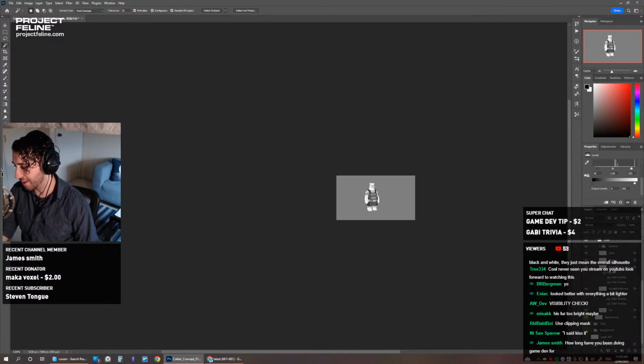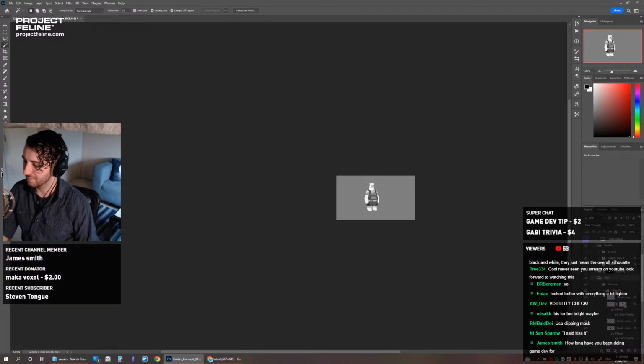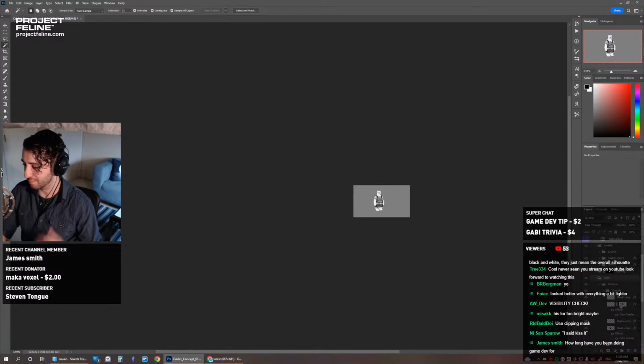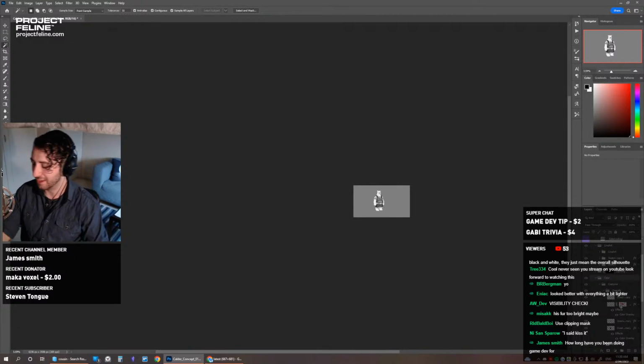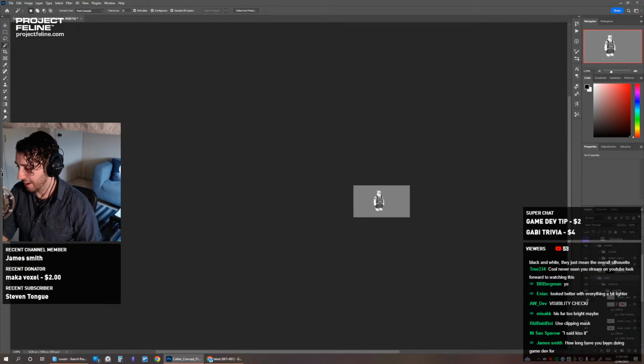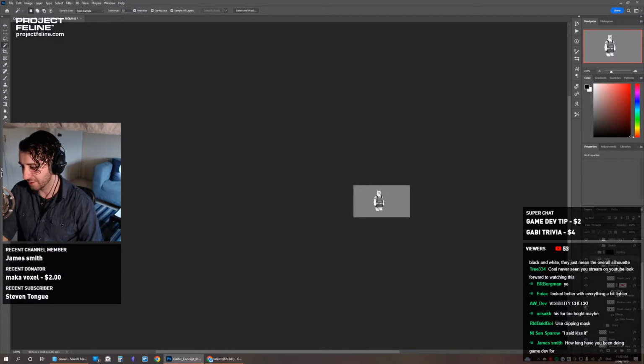Or if I made those straps... If I turn that mask back on for the straps... Yeah, it's a bit harder to make out the shoulders. But if you turn those on, it's bolder, and you go, okay, I can make that out more clearly. And if you turn off those little accents on the belt, it's harder to make out where the belt is. And if I turn off that layer, yeah, okay. I think I might actually like how this is, because if I turn off colors and add less value, if I make it more monochrome, it makes it harder to make out what the character's shape is.